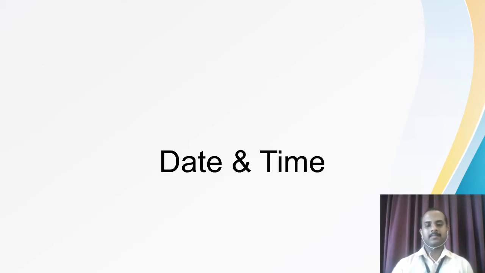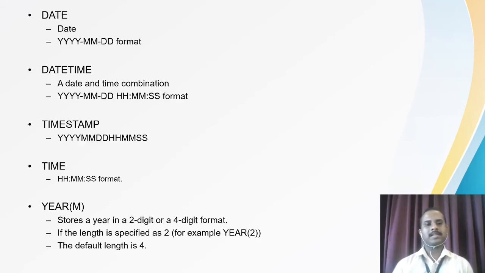Date and time. Here we will be mainly saying how the date is shown. So date, which shows the date, will be in the format of YYYY hyphen MM hyphen DD. Date time, which will be a combination of date and time, where you are going to have YYYY hyphen MM hyphen DD space, then you are going to have the time, that is HH